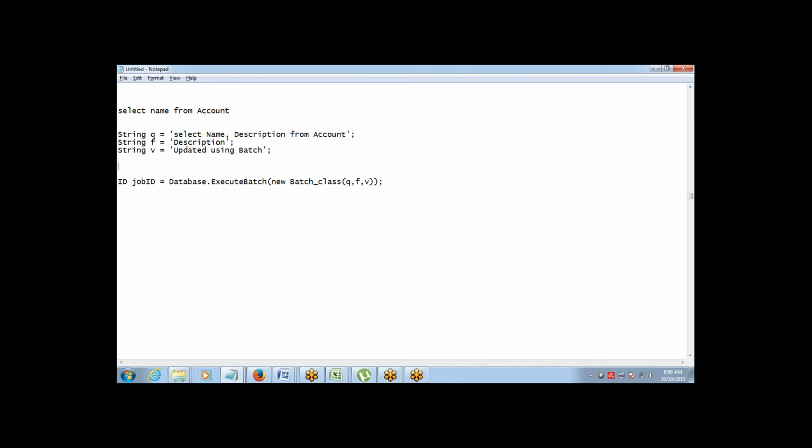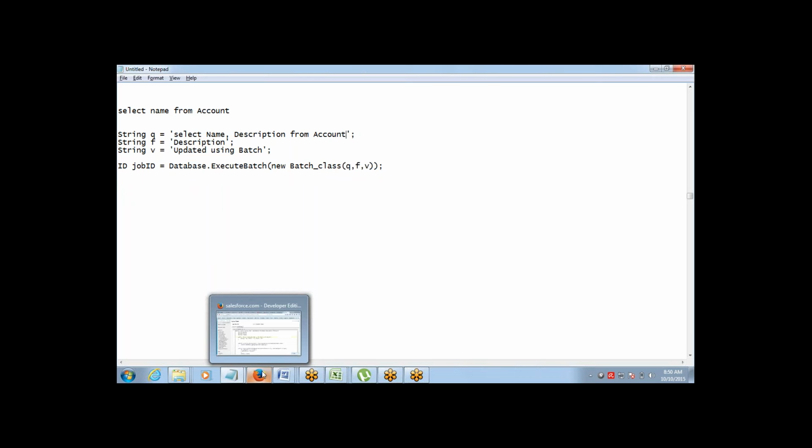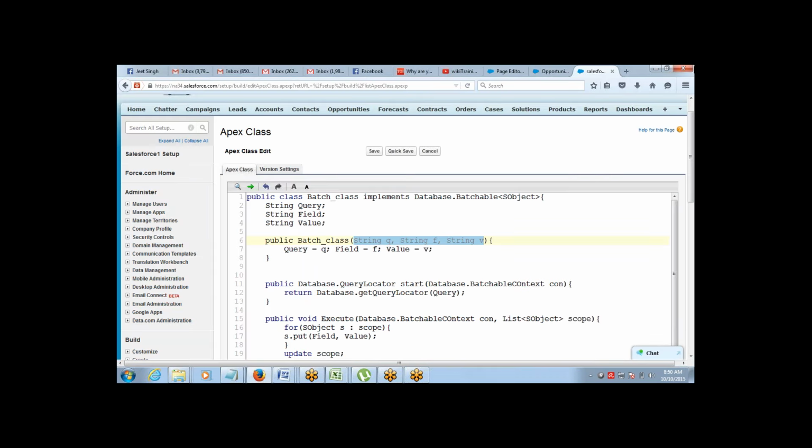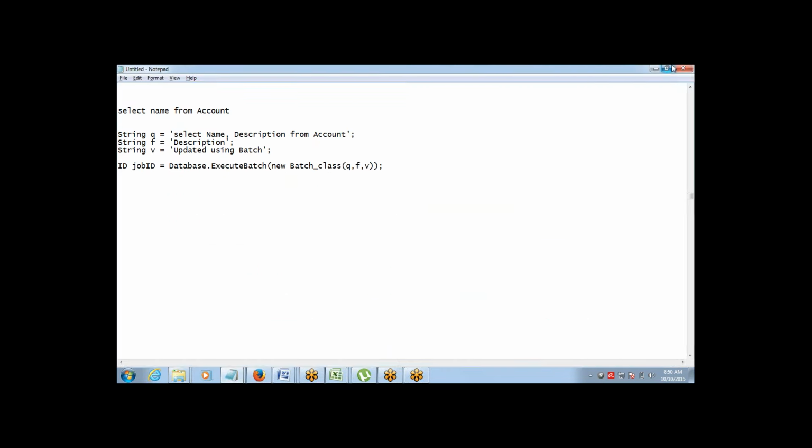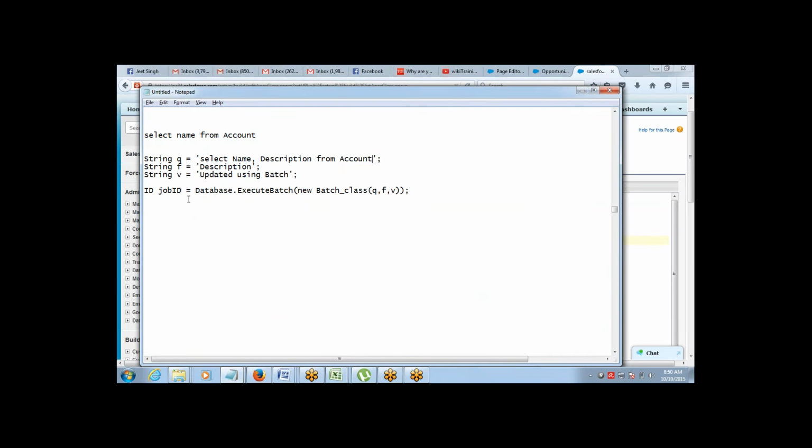So these three values I've supplied to the variables. q is basically the query. If you come back to the code and compare what I have written, you will find exactly what we are trying to do.